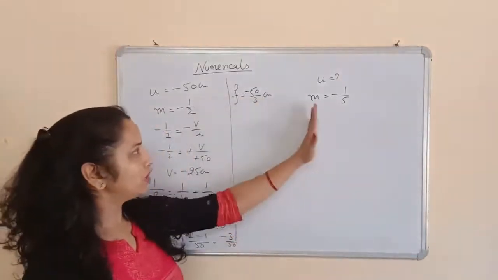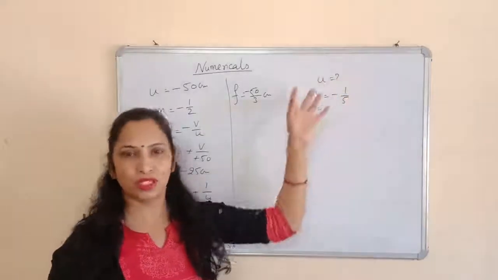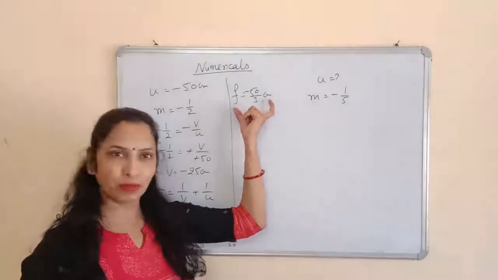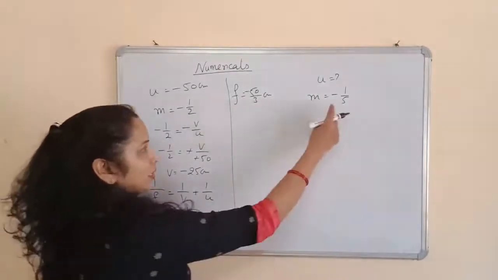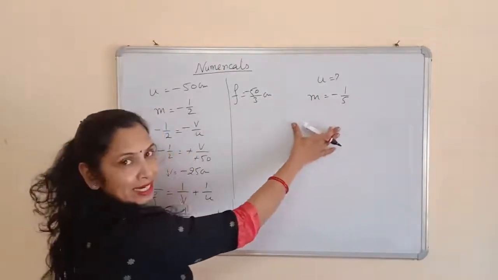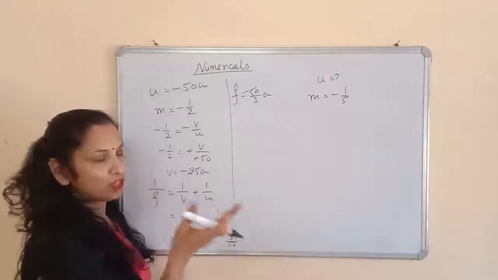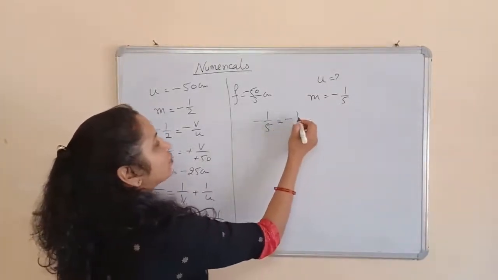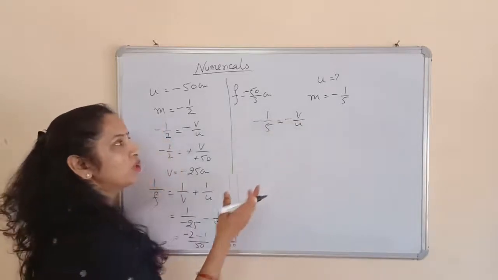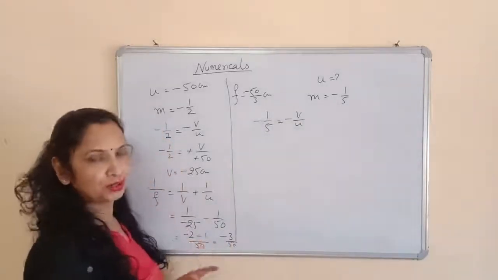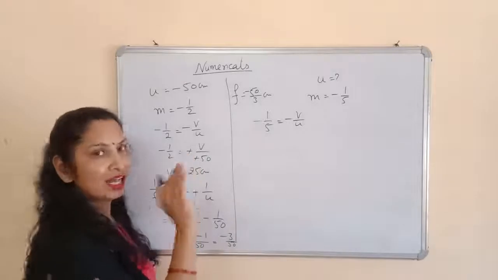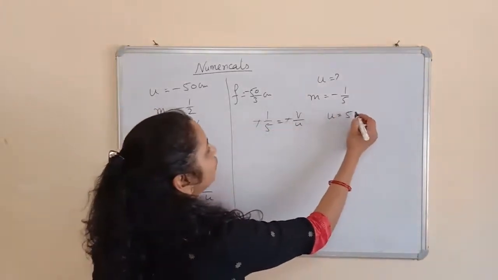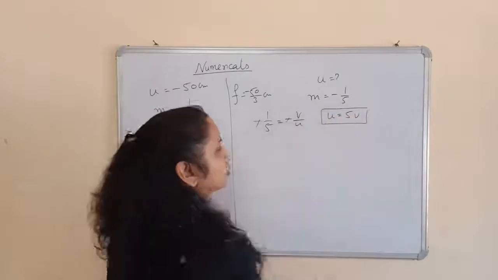Now for a mirror, if we change the position of the object, the focal length does not change. So we can say now the focal length of the mirror is minus 50 upon 3. In the second case, in which you want the magnification minus 1 upon 5, we know the formula for the magnification is equal to minus V upon U. So by this formula we can find out the relation between V and U, just like we did in the last question 26. So here U is equal to 5V. This is the relation we got.